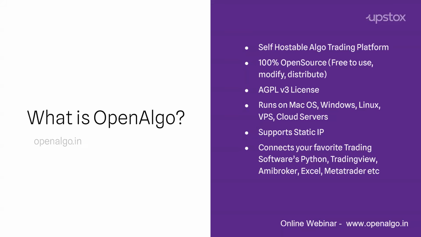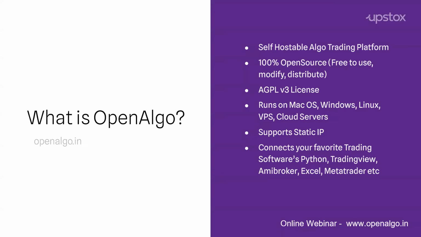Basically, you have to comply with a license called the AGPL v3 license, right? It's part of the free and open source software licenses. You can go and explore. Probably you can ask ChatGPT what AGPL v3 is all about, right? It's quite a popular license. And of course, it supports static IP. Now,